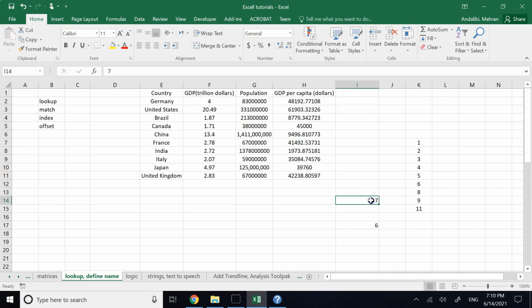Let me change it to something else. Let's say 10. So 10 is the 8th position. So 2, 3, 4, 5, 6, 7, 8. It says it's 9. Why 9? Because when you do the command match,